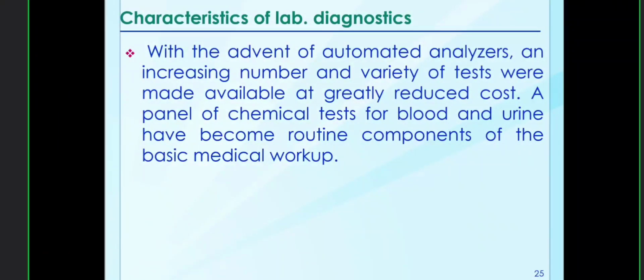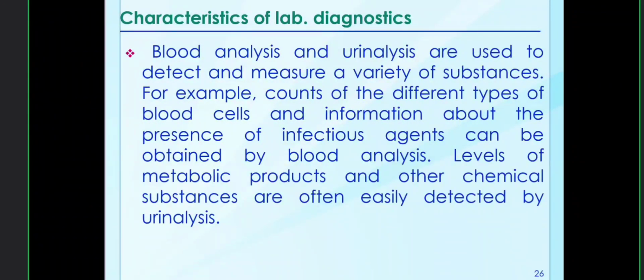With the advent of the automatic analyzer, an increasing number and variety of tests were made available at greatly reduced costs. A panel of chemical tests for blood and urine have become routine components of the basic medical workup. Blood analysis and urine analysis are used to detect and measure a variety of substances. For example, counts of the different types of blood cells and information about the presence of infectious agents can be obtained